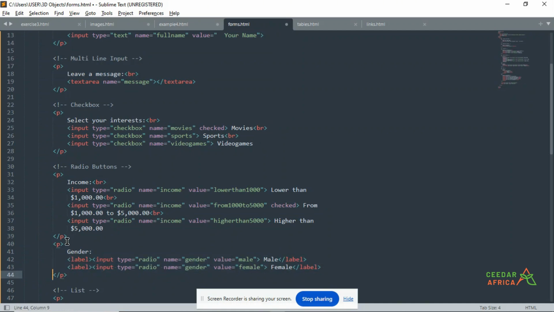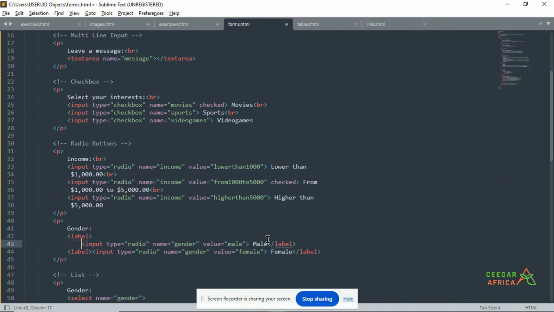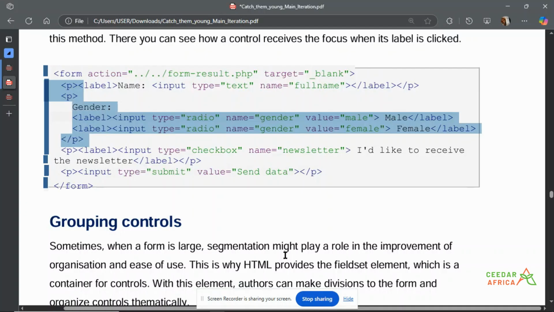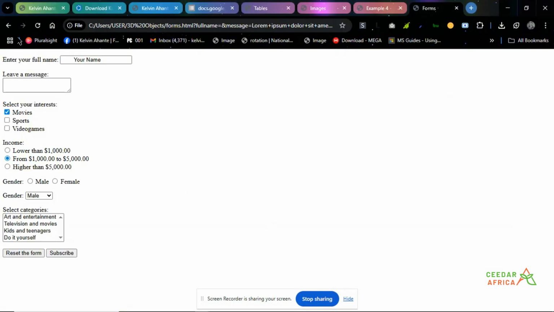Okay, so basically what we've looked at before, we have the input type radio, name gender, value male, value female, right? The only difference is that they are inside the label element, right? So let me specify that. And what that does is that now if I save this and I reload the page,